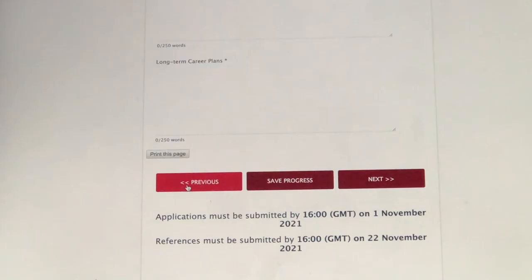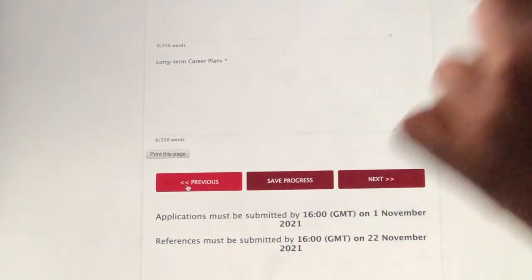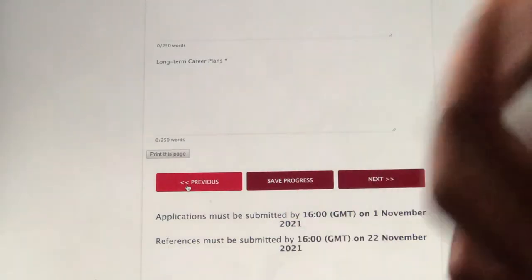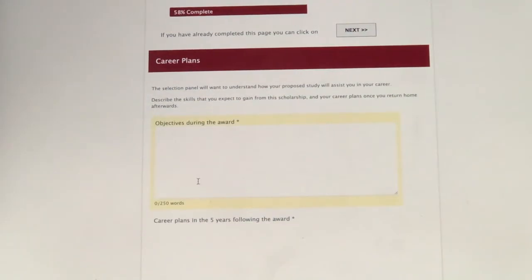So based on what you want to do, what you have written in the first essays, write the things you want to gain here. You remember in the previous question, they asked us, how do you want to use the skills and qualifications when you turn back home? That question should come after this. Yeah, it should come after this, but it comes before this. And that's how it is.